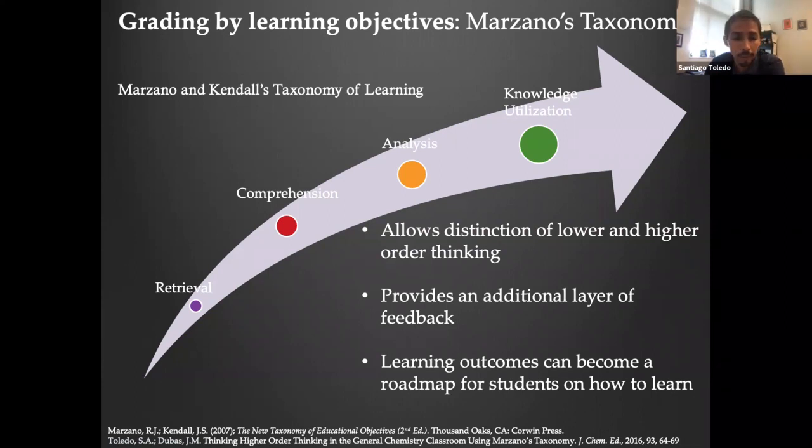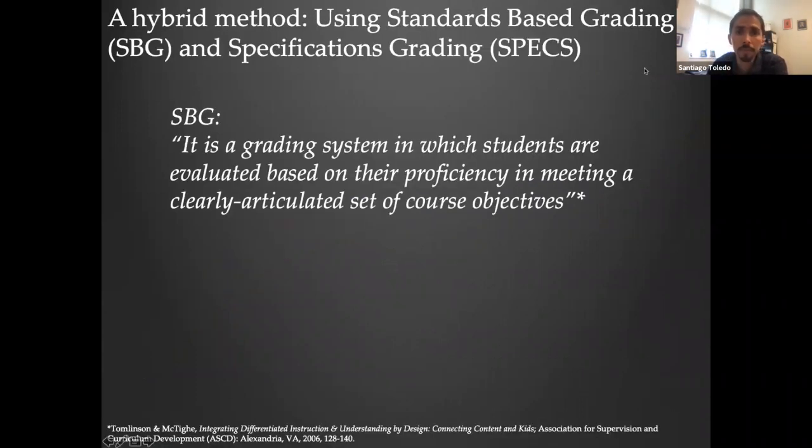So going beyond that. The kicking off point for all of this redesigning of grading was the idea of writing the learning objectives according to the taxonomy. What we came up with, with my colleague Justin Dubas, like I mentioned last week, a colleague who worked in the economics department at my first institution, is that we looked through multiple different grading structures and started to get familiar with some concepts that really worked for our purposes. One of them was standards-based grading, a grading structure that focuses on giving feedback to students based on very well articulated course objectives. That fit really well with what we were hoping to do.